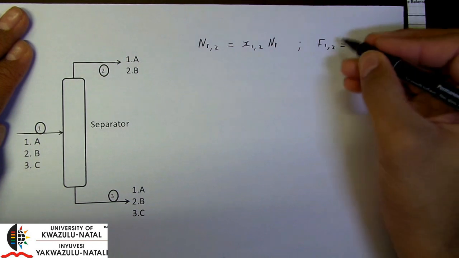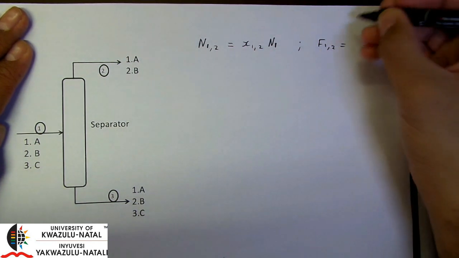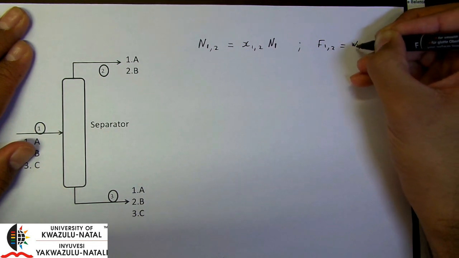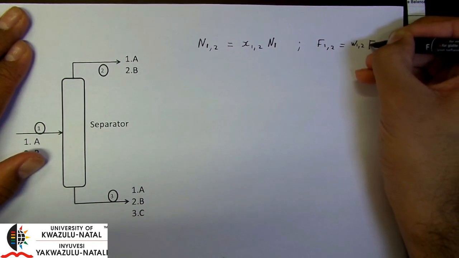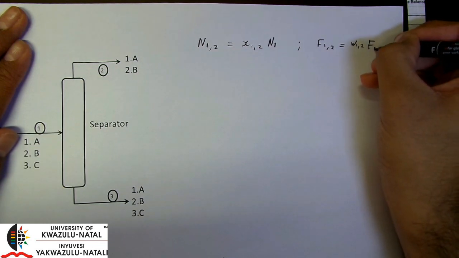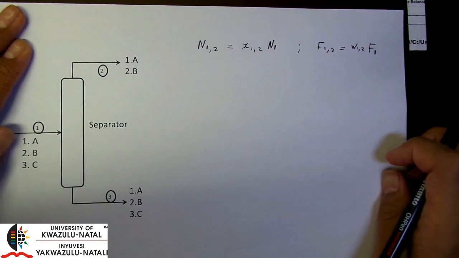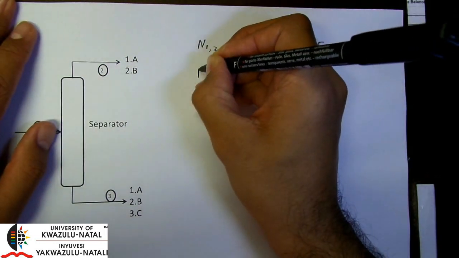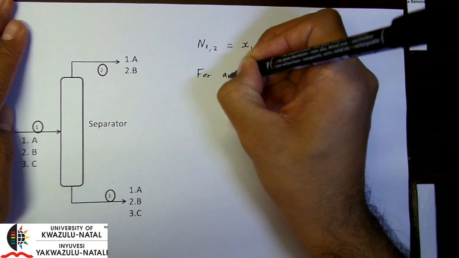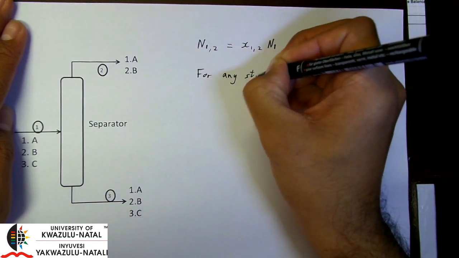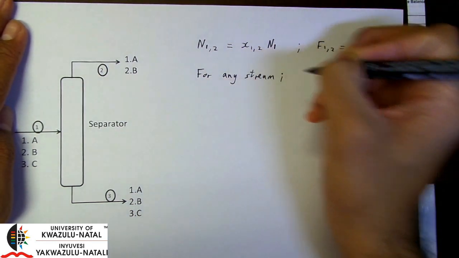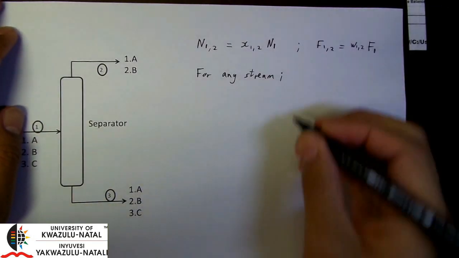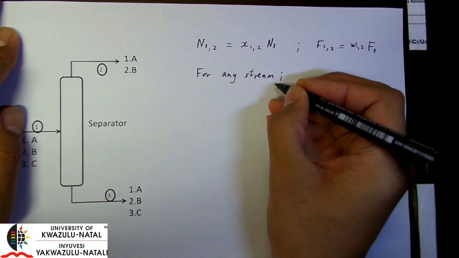Or in mass terms, the mass flow rate of component 2 in stream 1 is equal to the mass fraction of component 2 in stream 1 times the total mass flow rate of stream 1. Okay, so for any stream i,